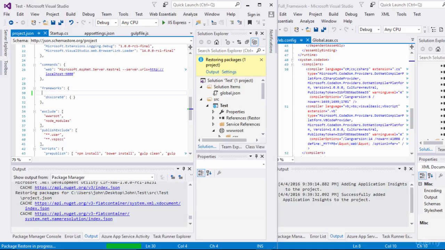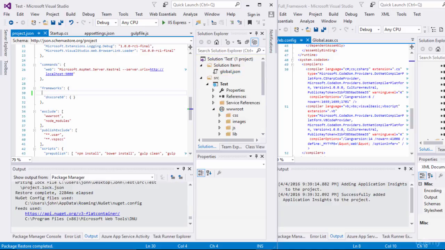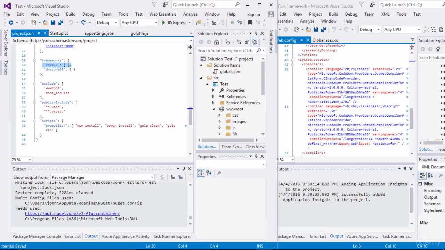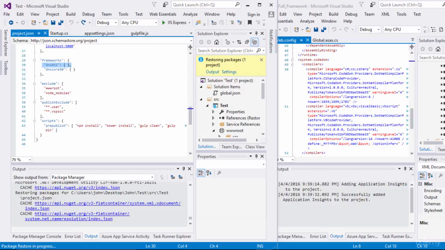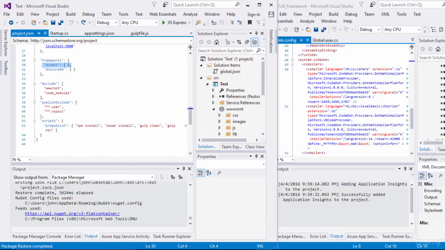And now all of my dependencies will run from the DNX core, and any errors will show up down here. I will see all of the errors associated if there's a dependency that needs the full .NET framework associated with the CLR. I can also exclude what I want in my project.json as far as the www root and the node_modules,